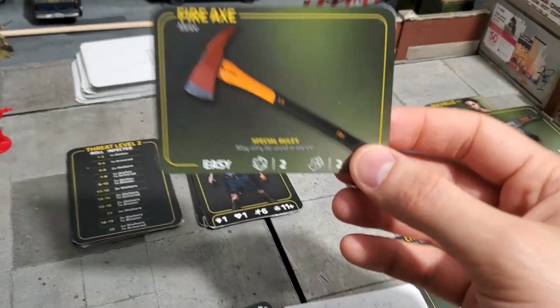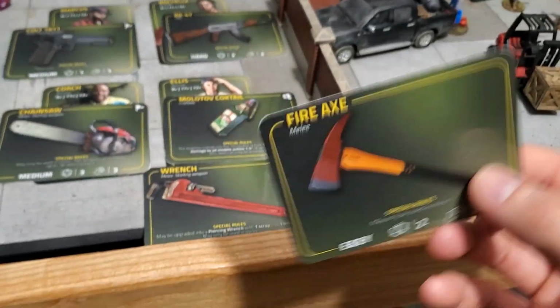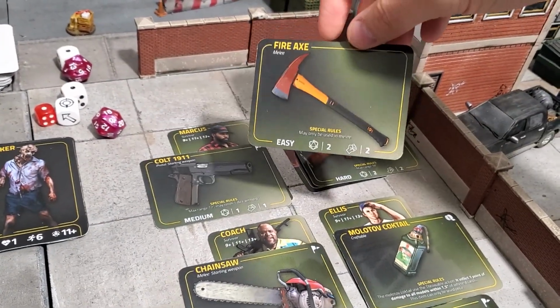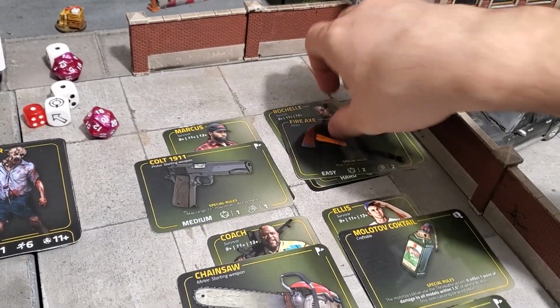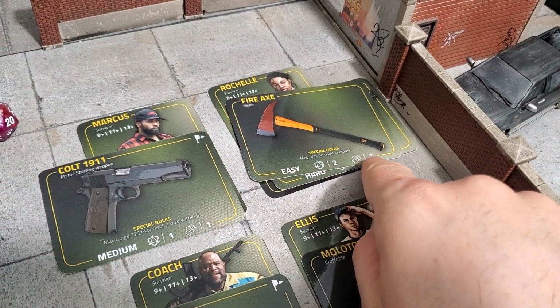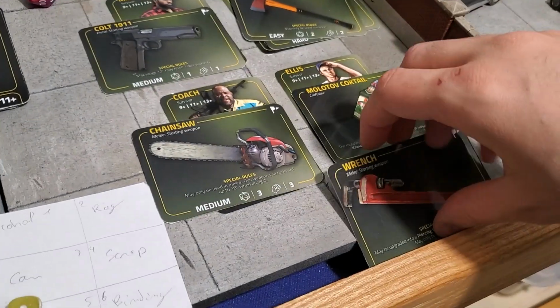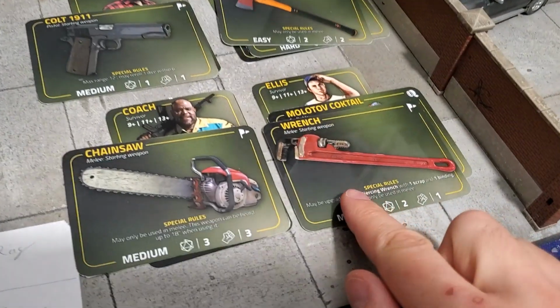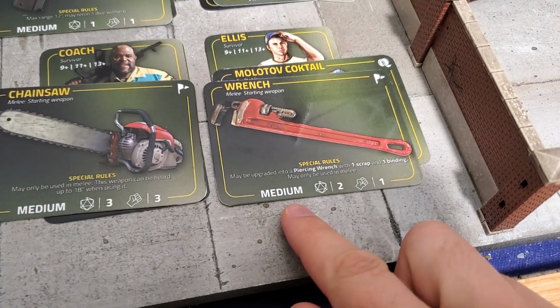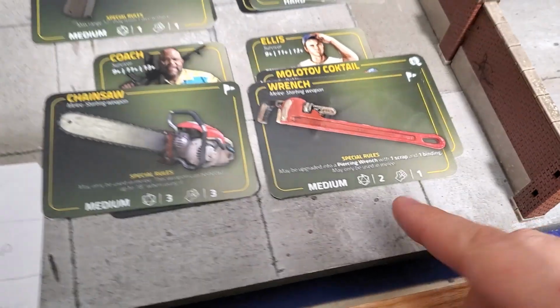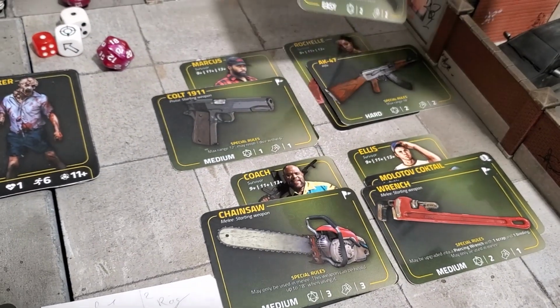So here, for example, Rochelle found that fire axe, which is pretty great because first, it doesn't make any noise, and it's also pretty powerful. You roll 2 dice and it has a strength of 2, so it's a really powerful weapon. For example, if I compare it to that wrench, which uses the medium combat stat, so it's harder to kill, and it deals only 1 point of damage. So it's a pretty great weapon to find.